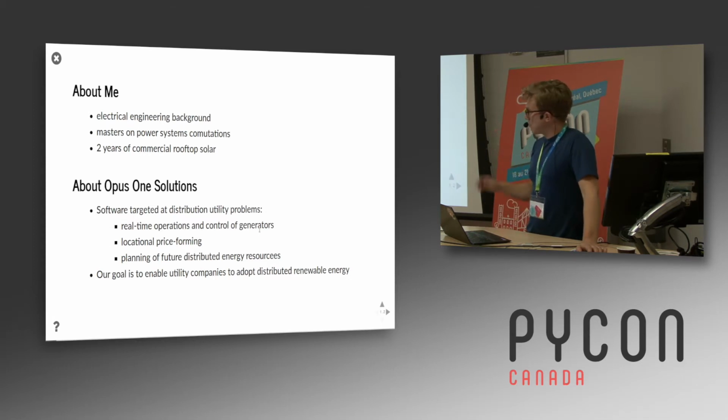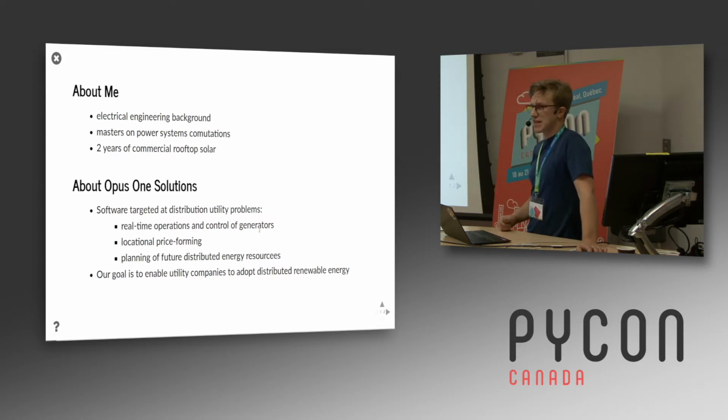So also about Opus One Solutions. We're a power systems company based in Toronto. We're trying to build software to help utilities do distribution analysis on their grids. So not like transmission systems, like high voltage, but we're thinking about the wires you would see on the street. That's what we're trying to deal with. And we're trying to help utilities figure out what's happening on their grid, do real-time operations, and also control renewables and batteries and that kind